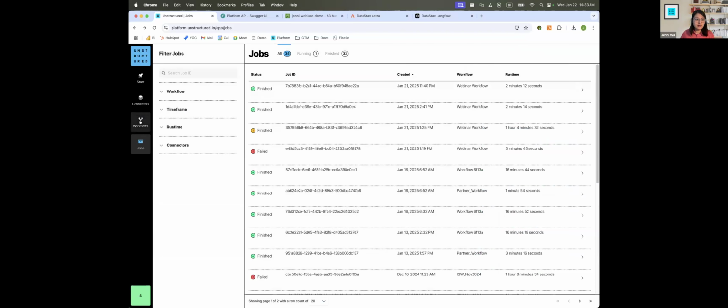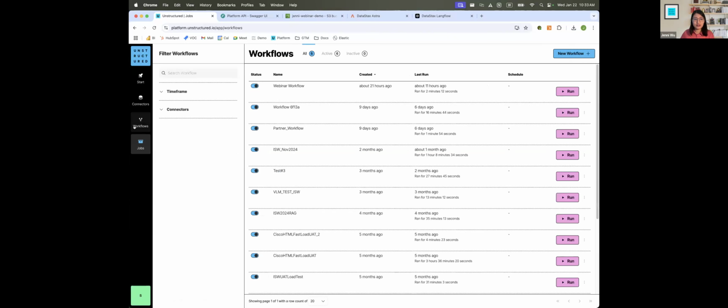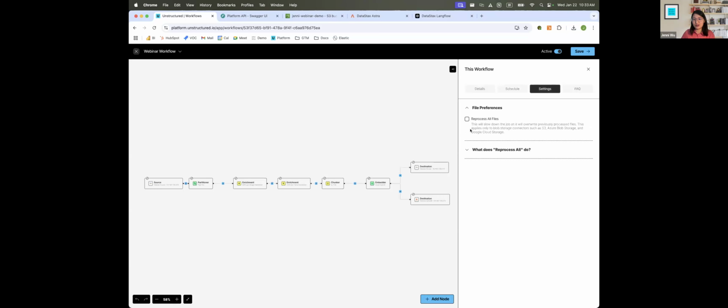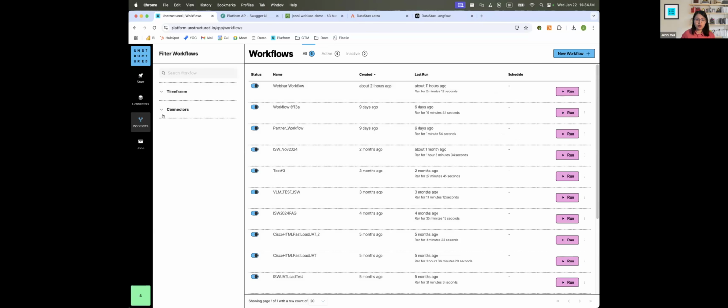And so the really neat thing is that these workflows actually have an ability to look at what files have been changed. So each time I click run, it's picking up only on the files that have been changed. Of course, if I didn't want to only do changed files, I can make sure that I can reprocess all the files, in which case it would pull all of the files that I have in source and reprocess everything. But again, that's going to be a little bit more costly.